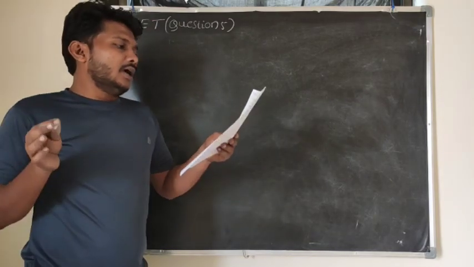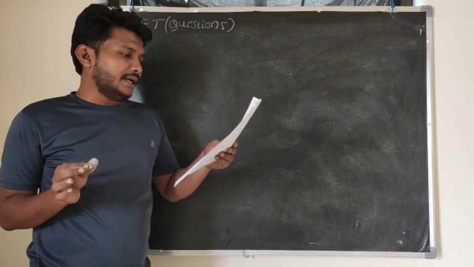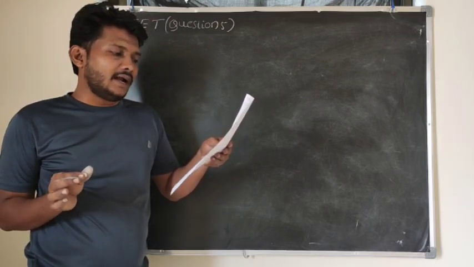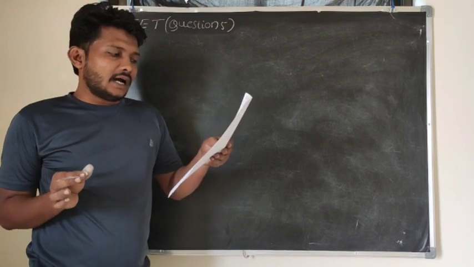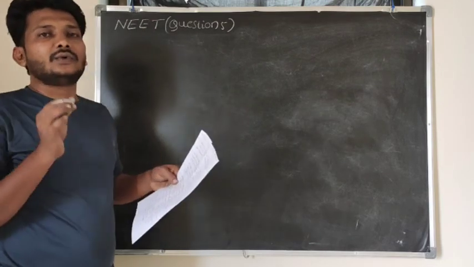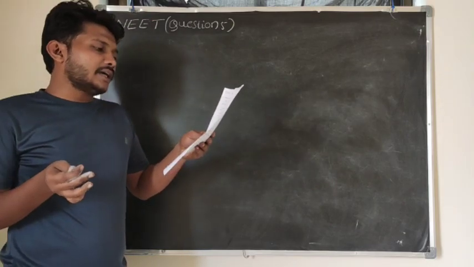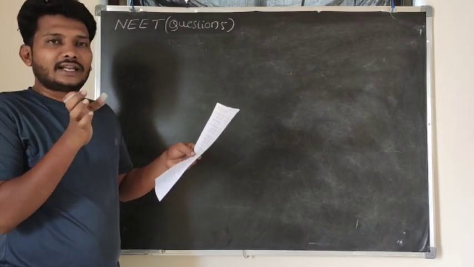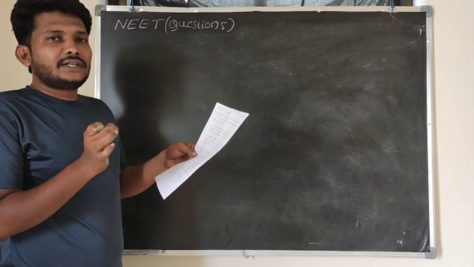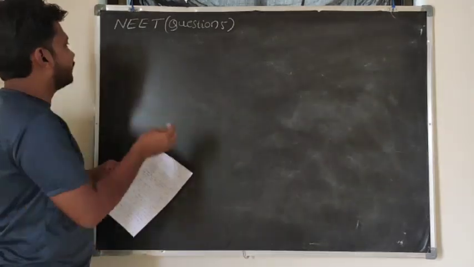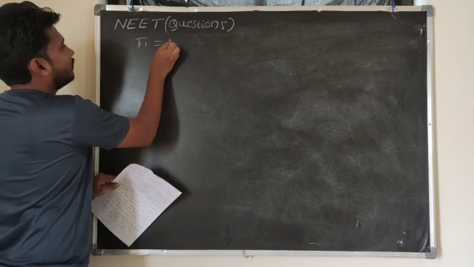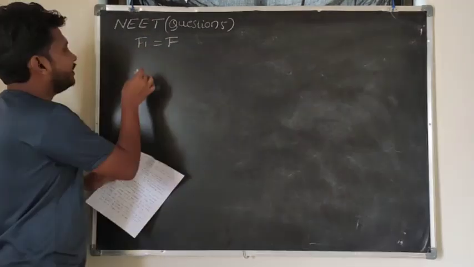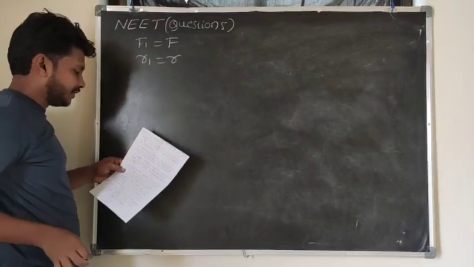Next question. Two charges of equal magnitude at a distance r exert a force F. Here two charges are there. These two charges have equal magnitude, and the separation between those two charges is r, and the separation being r means the force will be F here. So the initial force is F for two charges having the separation r. Initial separation is r,